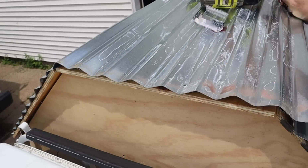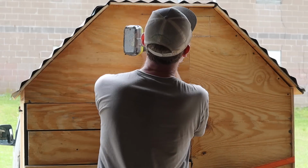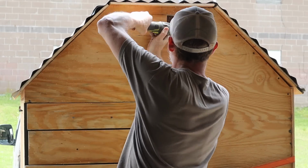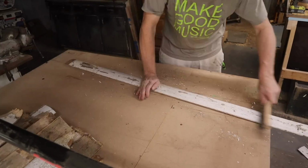What I liked about using the metal this way is it has some flex to it, so I could actually bend it over these angles, cover my hinges, and now it just looks like one solid roof, but I can still open and close them. I just had to put vents in on both sides too, so I could get some airflow for my guitars while I'm driving. And of course, there's still a million things that I need to trim out and everything,